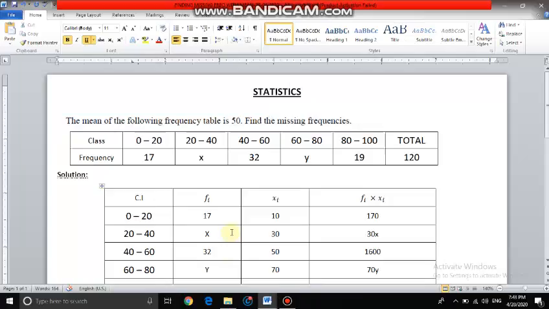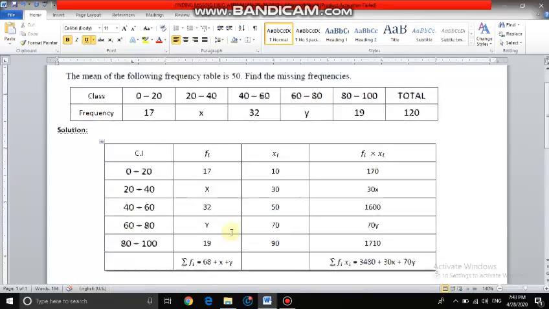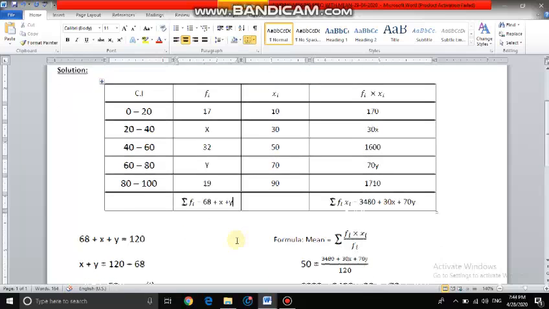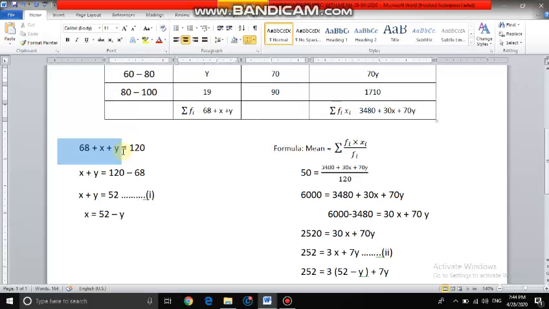So for this, let's take a quick review of what we have done. The table is copied, then we got xi, then we got fi xi, then we found the sum of fi xi, then we found the sum of fi, then made it equal to the actual sum of fi's which they have given. So that's how I got equation number 1 here. Then I used the mean formula, sum of fi xi over sum of fi, and substituted the mean, given as 50 in the question. In the numerator I substituted the fi xi I got, in the denominator the sum of fi's which is given as 120, then I simplified.